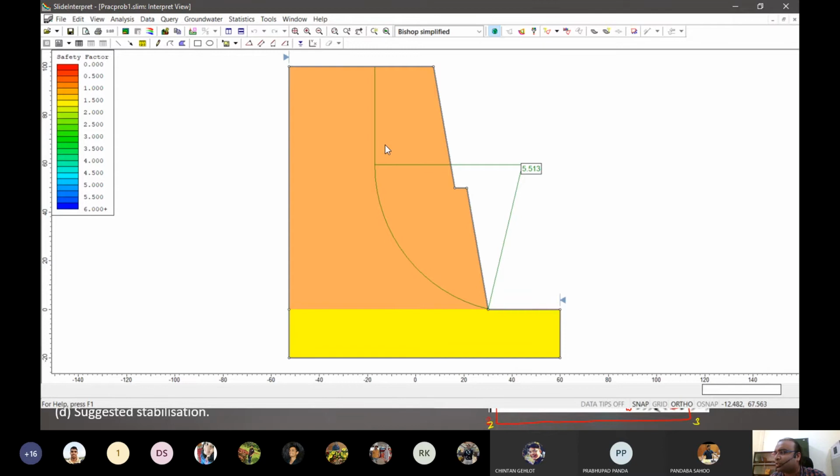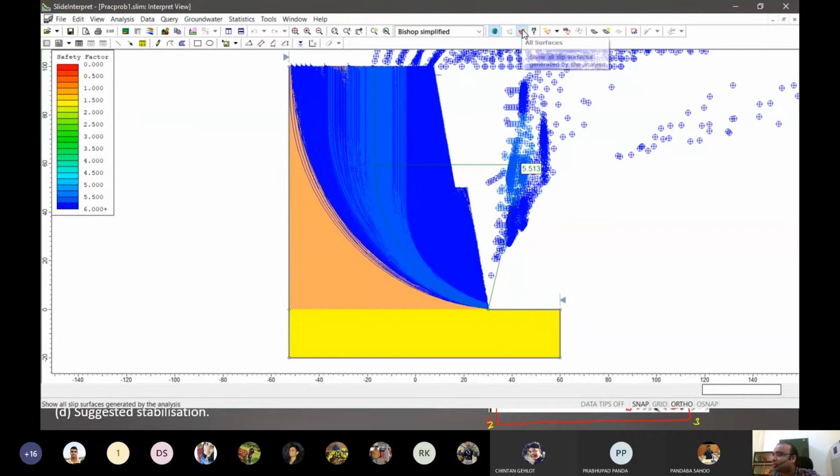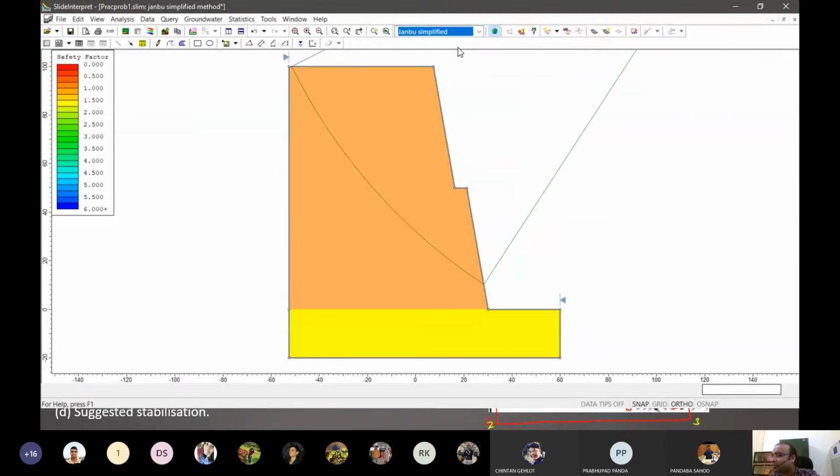Yeah, so you do see what is happening here. It's a sort of a composite failure. The full height on the top is basically a non-circular portion that will be failing exactly like this. And on the side, it will be a circular failure. But the factor of safety is very high. One of the reasons is because we have good strength to this material. So that might be the probable reason. Our factor of safety is well above 5. So that is quite good.